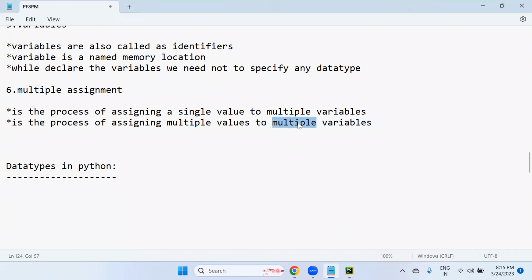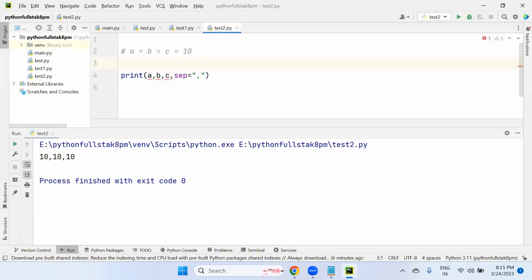How to assign multiple values to multiple variables? A, B, C equals 10, 20, 30. Look at this: 3 variables A, B, C and 3 values. So we are assigning multiple values to multiple variables.